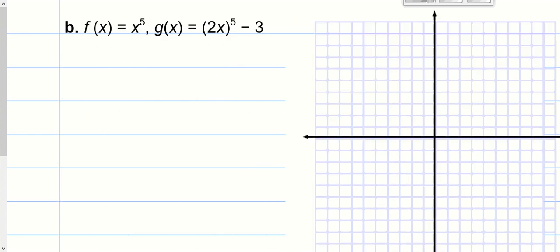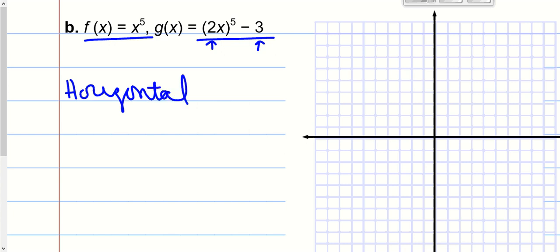Okay, let's look at another one of these. We have x to the fifth and 2x to the fifth minus 3. So we have a 2 on the inside and a minus 3 on the outside. Any number multiplied on the inside is a horizontal stretch or shrink. So this is going to be a horizontal. Since 2 is bigger than 1 and it's horizontal, it's backwards, so it's going to be a horizontal shrink